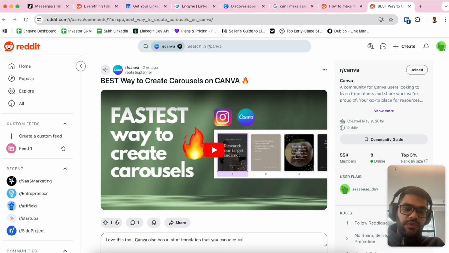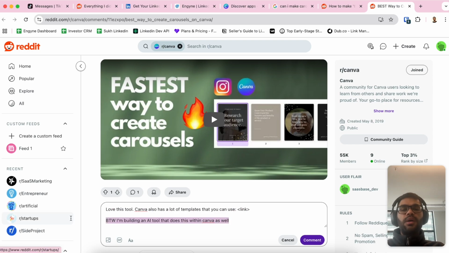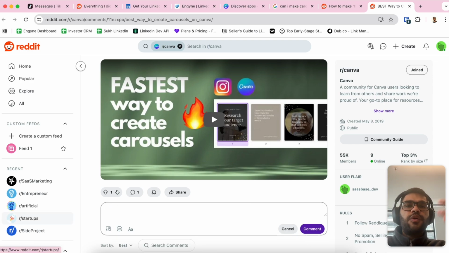And then I would leave a link here and say, "By the way, I'm building an AI tool that does this within Canva as well." So a valuable comment up top and then a link to my app at the bottom. And I've just done that for like 50 or 60 posts. And that's the 80-20 principle that I follow here.